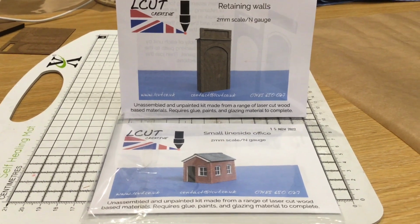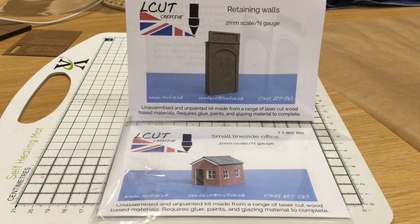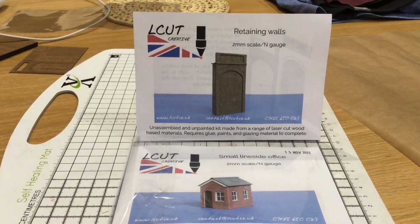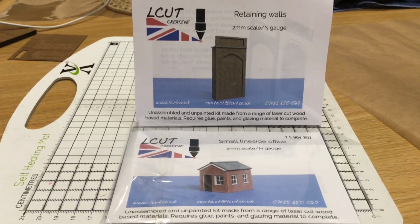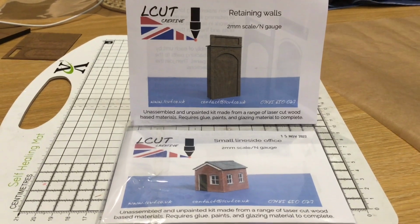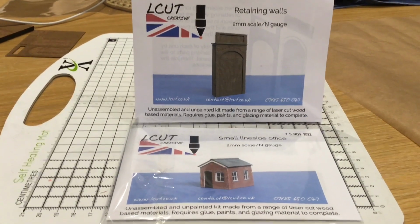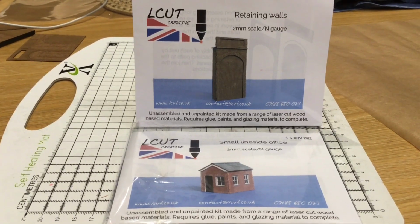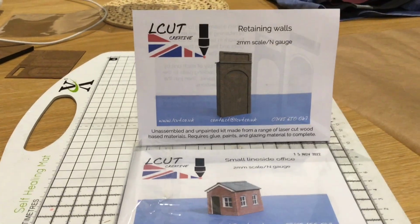I think there's one, maybe two other little bits of kits that you can get. Now these are very well detailed, and like I say, I've had an email conversation with Jacob, and he is intending to complement, let's say, his 2mm scale N gauge with everything that he produces for AA gauge. Now, I came across L-Cut Creative through watching Underground Derek, and he gets a fair bit from him, and I decided to go with these retaining walls because they're so good,